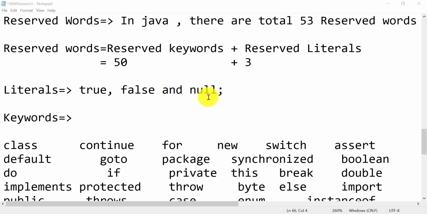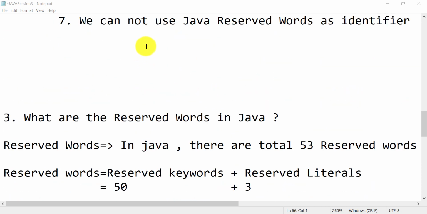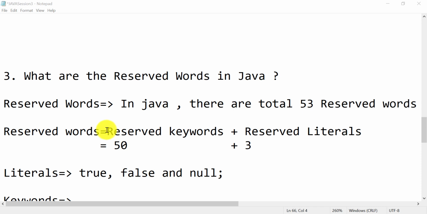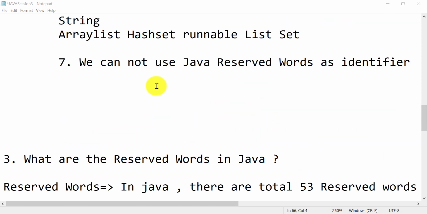So this is our rule number 7, that we cannot use reserved words as an identifier. Reserved words are a combination of 50 reserved keywords and 3 reserved literals. This is rule number 7 to define an identifier.